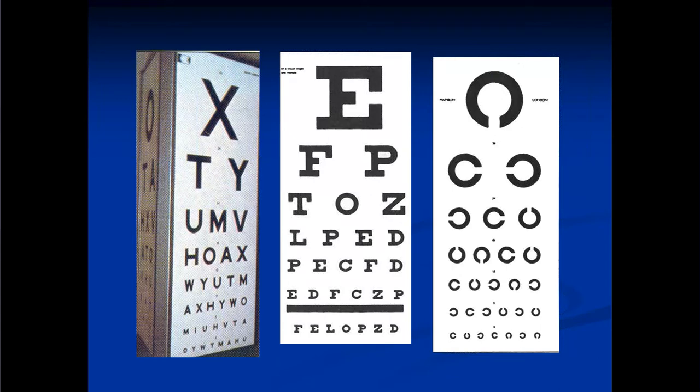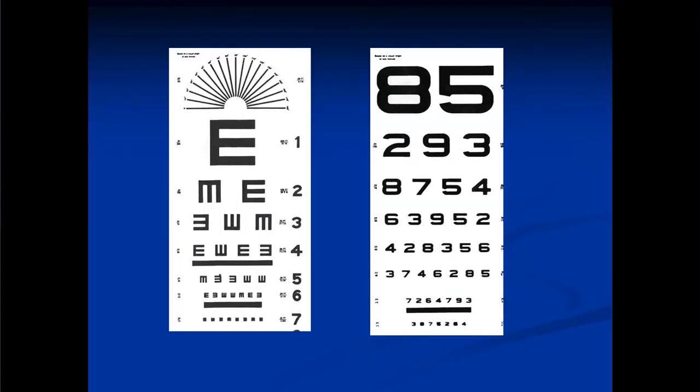So if the person is able to read the topmost letter, the representation of visual acuity is 6 by 60, and if he is able to read the last row, it is 6 by 6. So the normal vision of a person is 6 by 6. If a person is able to read up to the last line, he will be given a 6 by 6 visual acuity, which is normal. So this is also the same thing. Here it is the E chart, which is for illiterates, and this side you have numbers, numerals. So this is also a Snellen chart.